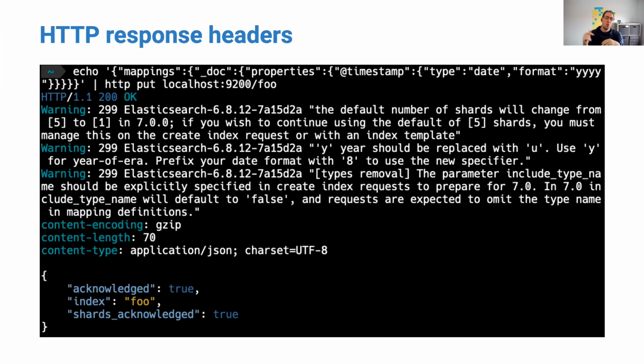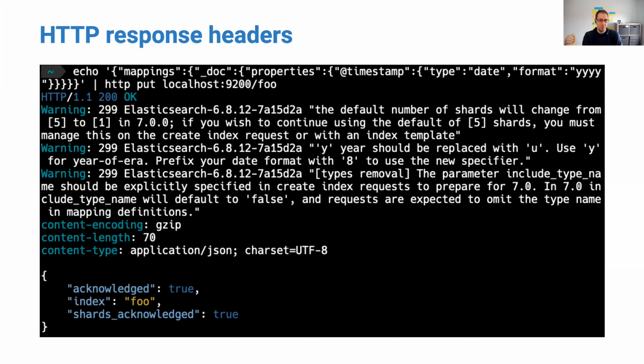So one of the ways we picked was basically adding this information to warning headers in HTTP. This is one of the features that you can use in HTTP, adding a header, and there's a specific RFC about adding warning headers that should just tell you that you probably should look after this request in detail. And you can see here that the response of the request at the top contains a couple of warnings just to tell you, look, the thing that you do, it works as expected, but in the future, the